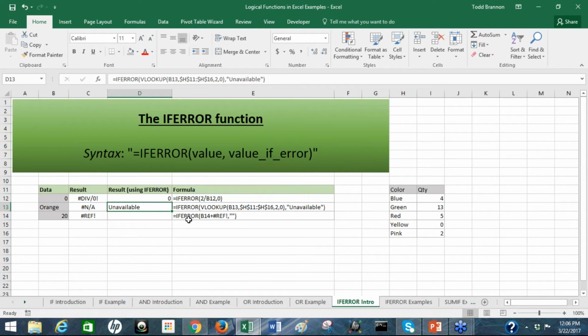So it's not a real complicated formula, but it's still built on that logical idea that if this evaluates to an error, return this value. And it can be very helpful. For me, it's more of just a housecleaning thing. And again,